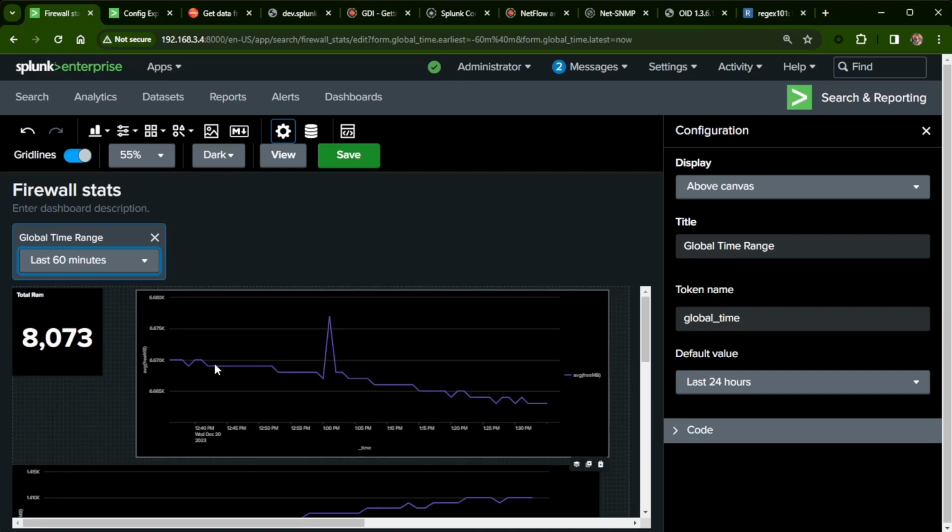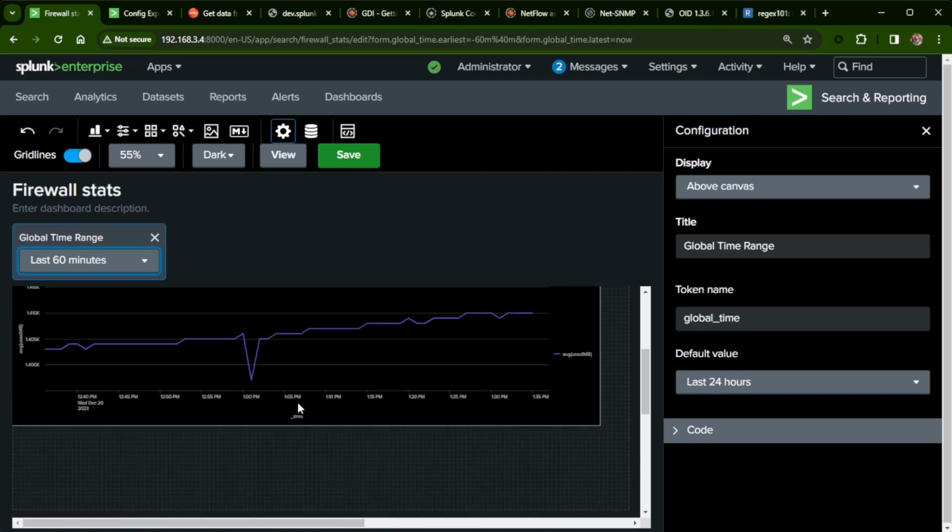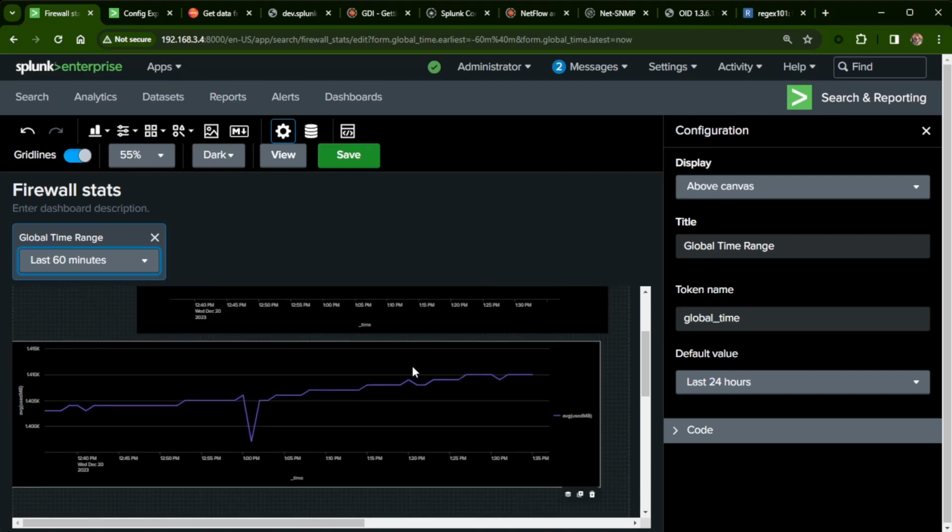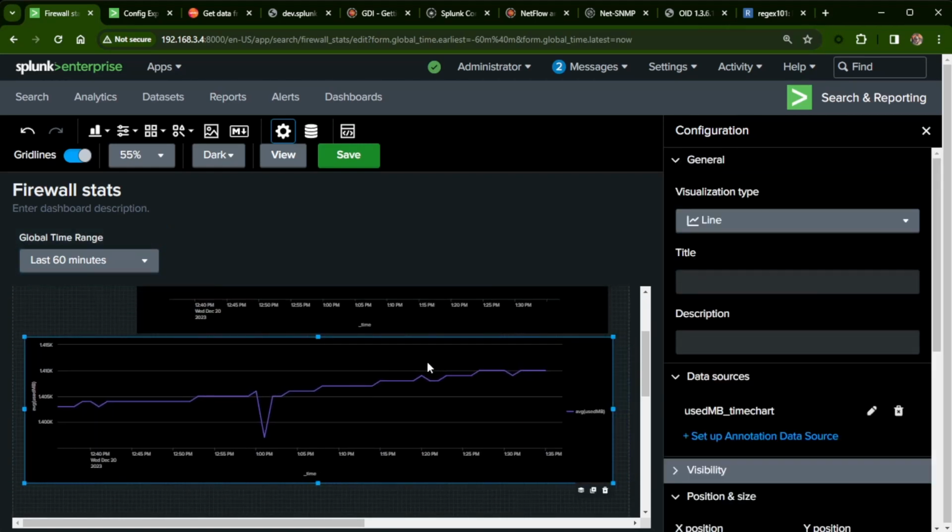But anyway, I've got what is available free. I've got what is being used. If you don't need both of those, you can delete them, get rid of them. And I'll show another way of looking at this information is maybe percentage. Maybe you want to look at percentage used. So let's go and, I will